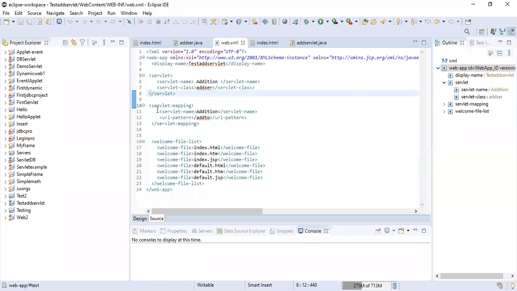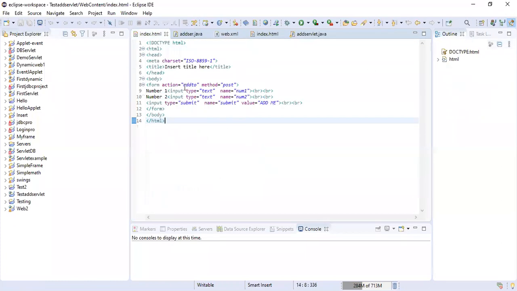Now the other tag is servlet-mapping. In the servlet-mapping tag, again you have to write the servlet name. This should be the same as whatever we have written in the servlet tag. And the second important tag is URL pattern. In the URL pattern you have to write a slash and the form action. Check it out, in my index I have written form action add2. So the same thing you have to write over there in the web.xml file, the slash and add2. So in this way, yesterday we saw our program, and yesterday we used the doGet method.